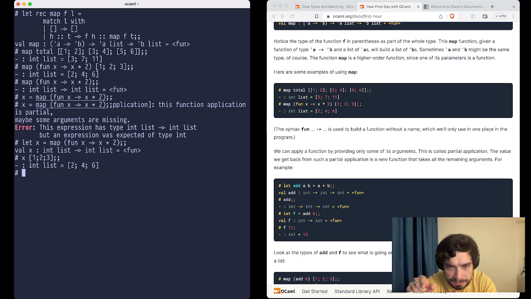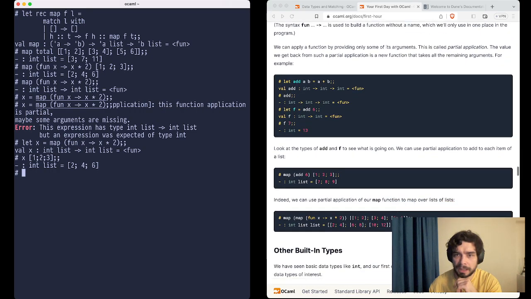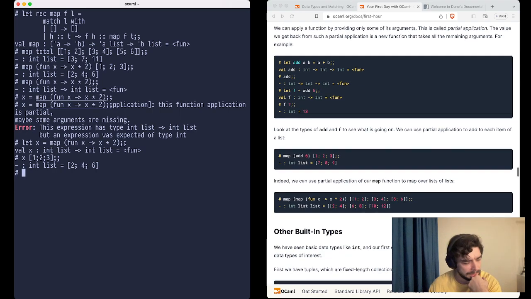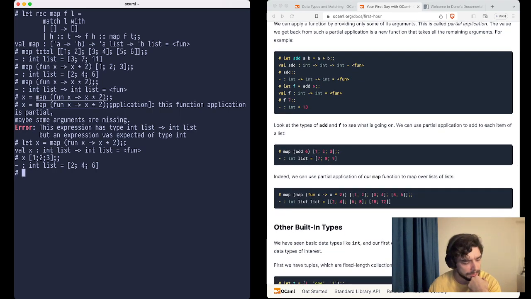Let f = add 6, so we always have 6 there for a. Look at the types of add and f to see what's going on. We can use partial application to add to each item of a list. Yeah, it might be really useful when,